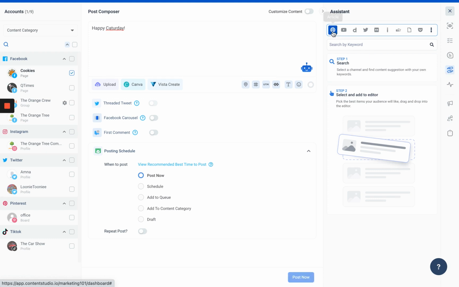I can share content from articles all over the web. I can share videos from YouTube and Dailymotion, get tweets from Twitter, add images from Flickr, Imgur, Pixabay, and GIFs from Giphy. We've also got a Pocket integration. So Pocket is a content archive tool that helps you save content so that you can retrieve it later. So if you have the integration, when you connect ContentStudio and your Pocket account, you'll be able to bring in